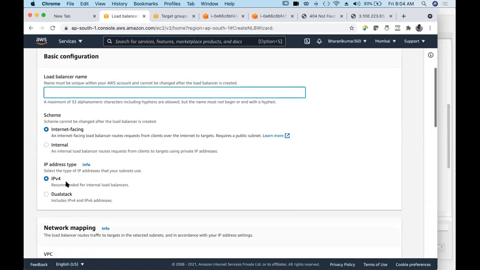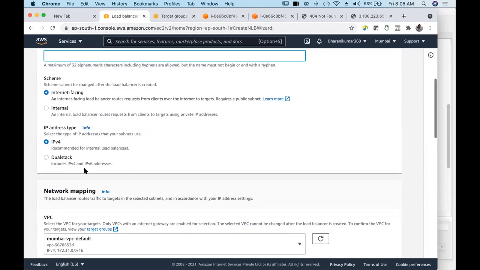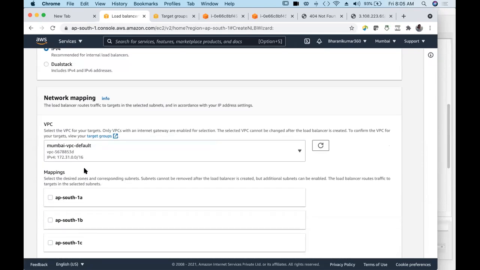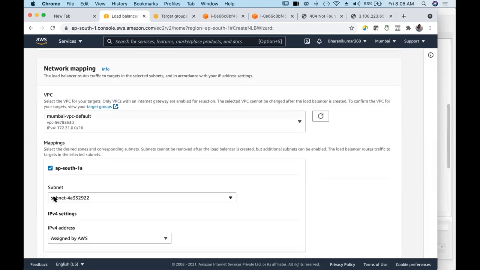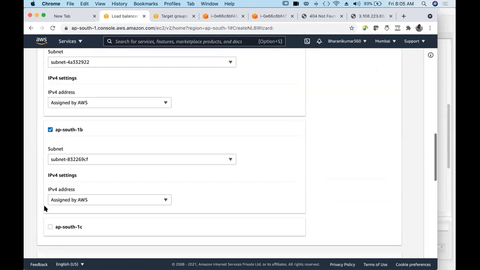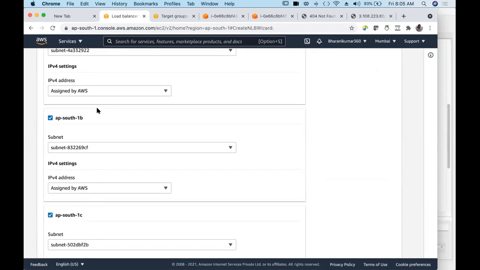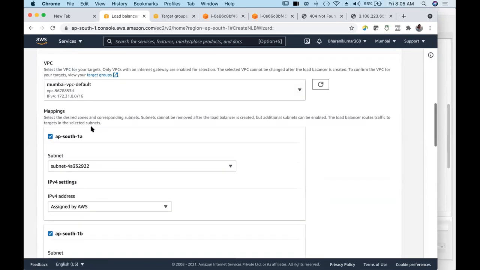We know IPv4 dual stack means it uses both IPv4 and IPv6. So instead of health checks, we have network mapping here because it deals with network traffic. The name is different. If you want to use all the availability zones, that means adding all these availability zones to the network mapping of this load balancer.